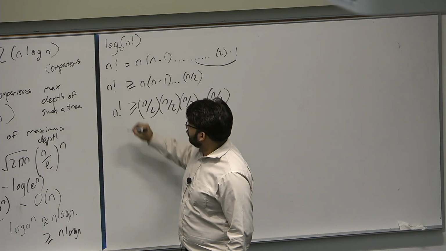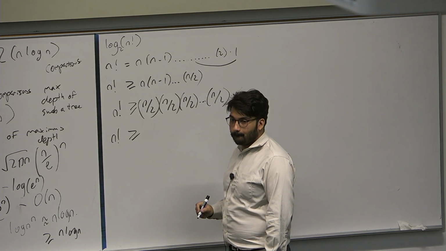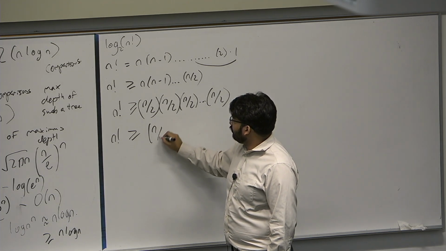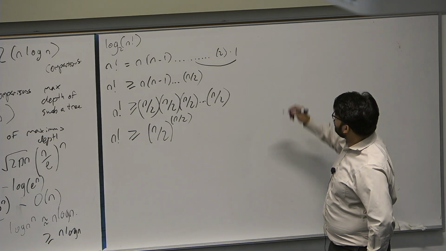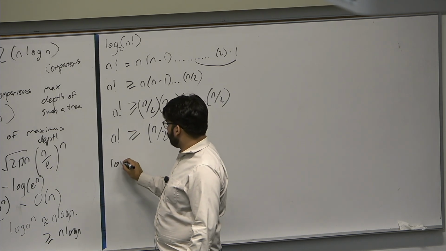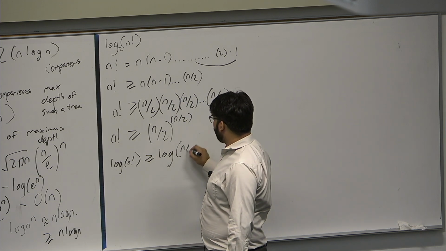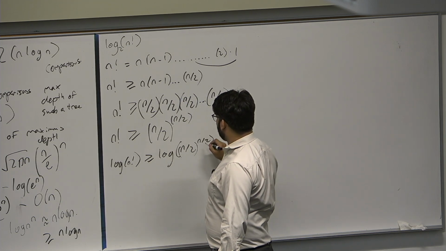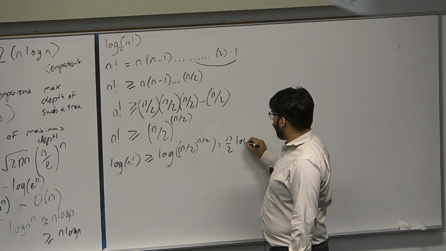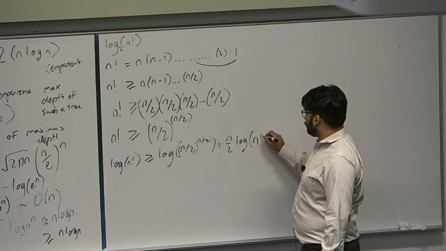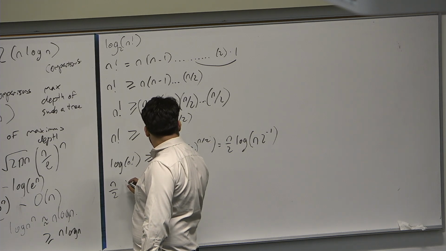And that's n factorial. So what is this? We have n over 2's, and we have n over 2 of them, right? So now we just do a little bit of plug and chug. Log of n factorial is less than or equal to log of n over 2 to the n over 2, which is n over 2 log of n, and I'll put 2 to the negative 1, because I'm going to make a mistake if I don't, n over 2 log of n